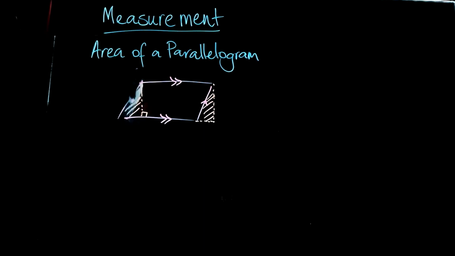And it might be worth, just to help you see that, if I rub out that line and put it here. So I have got for all intents and purposes here a rectangle, okay,